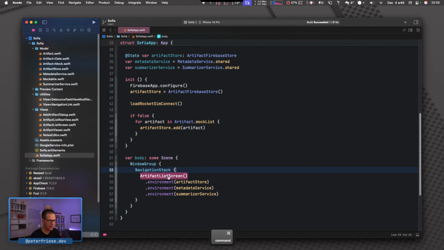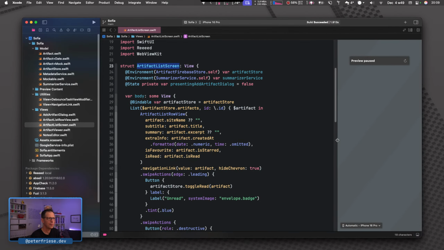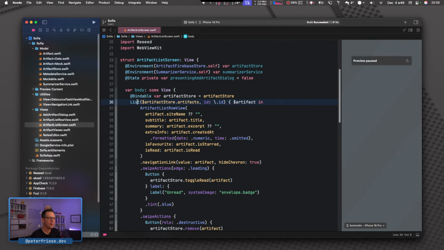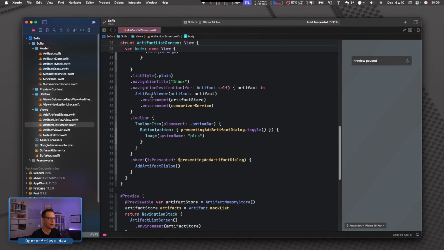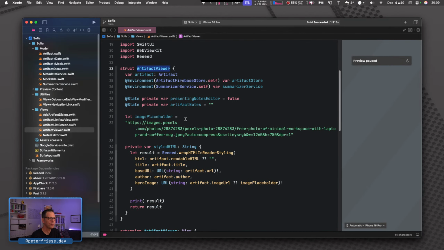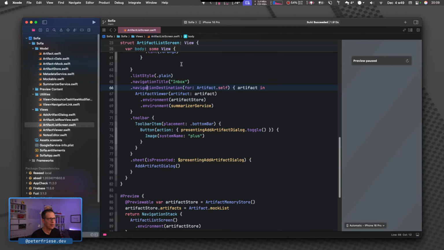And that means that whenever we are in one of the child views, for example, here in the list view, we get access to the environment, so we can pull it here. But then when we go into the navigation destination, and if we are in the artifact viewer, for example, we won't be able to pull it here if we don't pass it over here.